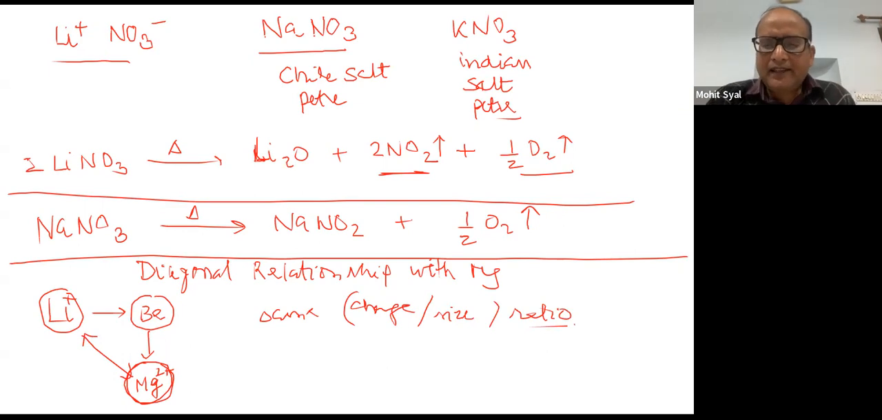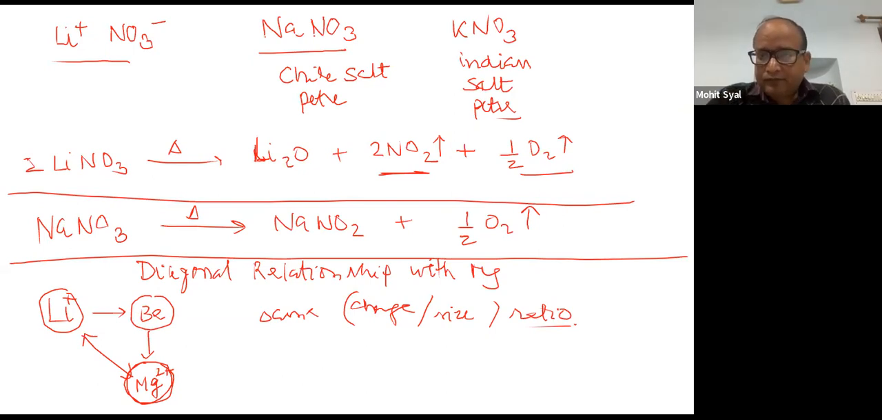Due to which they exhibit same kind of behavior. And the similarity in behavior is known as diagonal relationship. And what is the reason? Main reason for this diagonal relationship? It is the same charge to size ratio, right? So we have to support this statement by giving examples that they both behave in